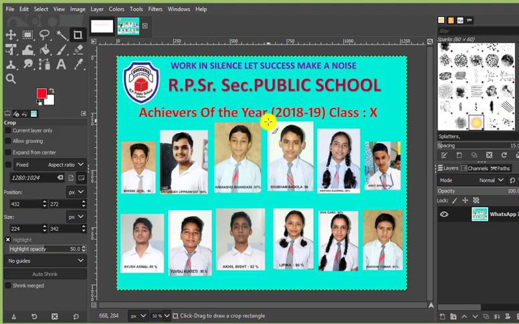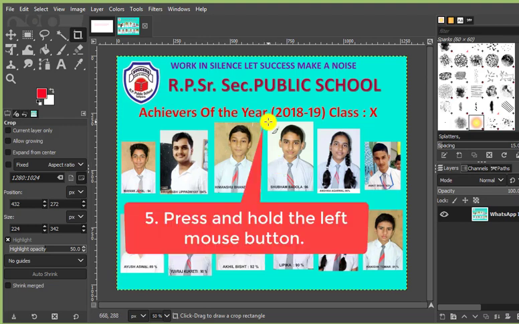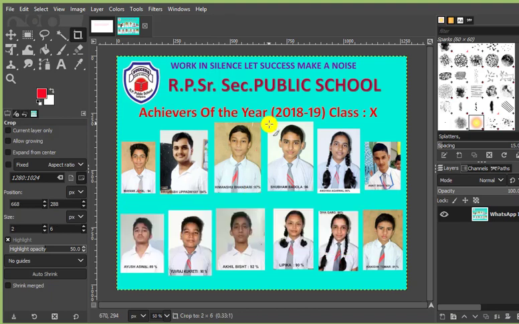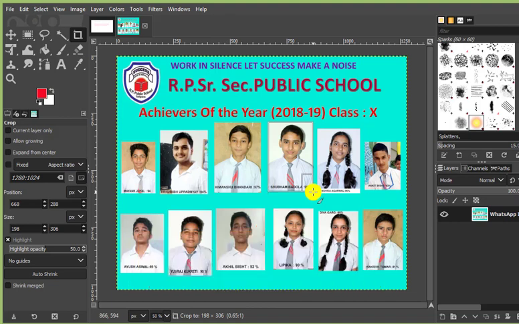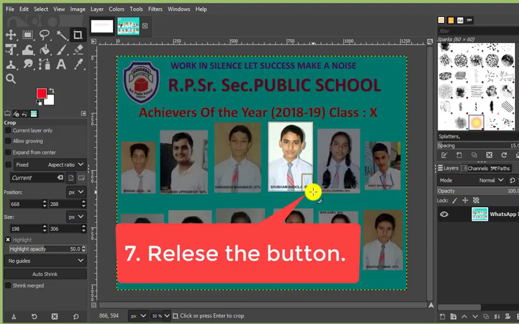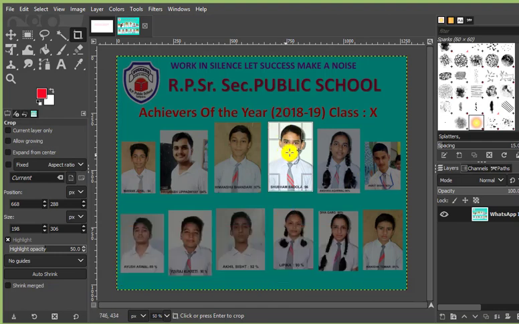So I'm keeping the pointer at one end, and now I'm dragging it, and I have to select the area whichever I want to be a part of the image, and then I'm releasing the button here, and you can see that